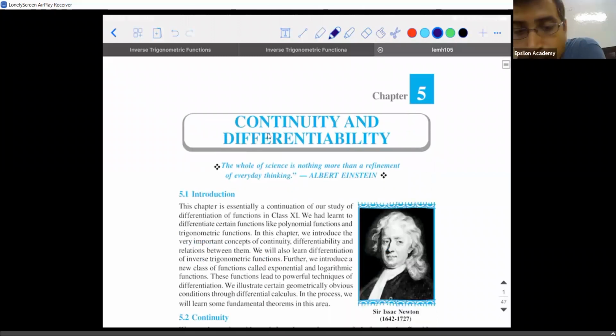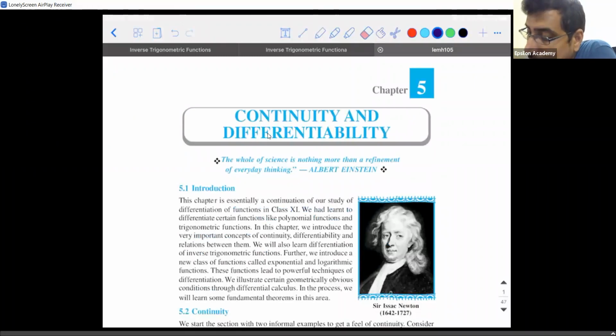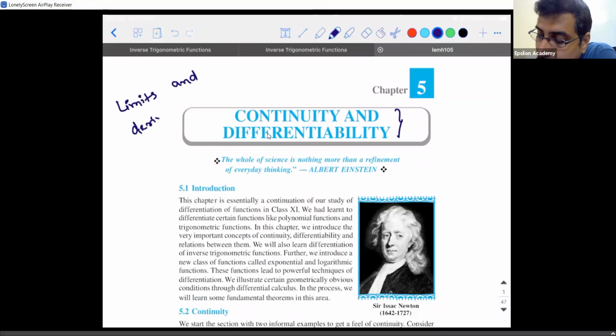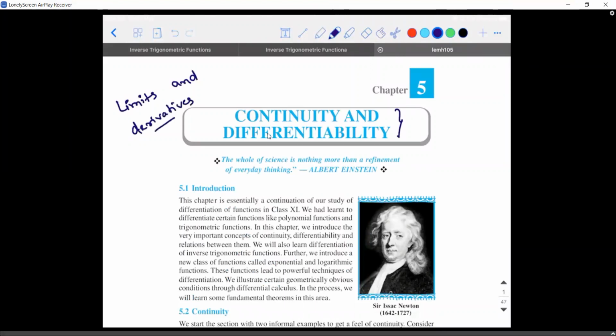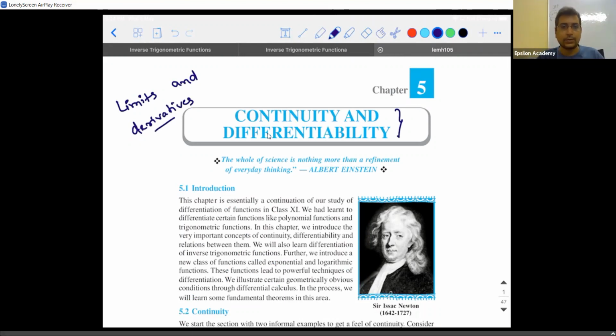So there's a topic for today. Continuity and differentiability is nothing but an extension of what you have learned last year in the name of limits and derivatives. For you to understand the basics of continuity and differentiability, we need a little bit of understanding about limits and derivatives. So can someone tell me why did we learn the concept of limits? Or where are we actually applying the concept of limits?